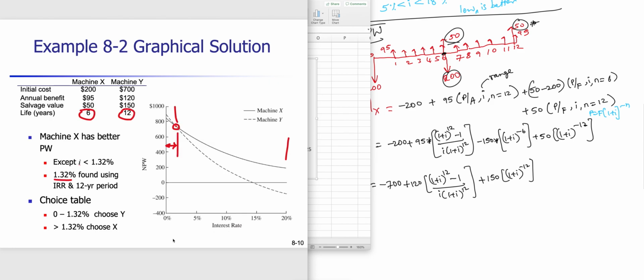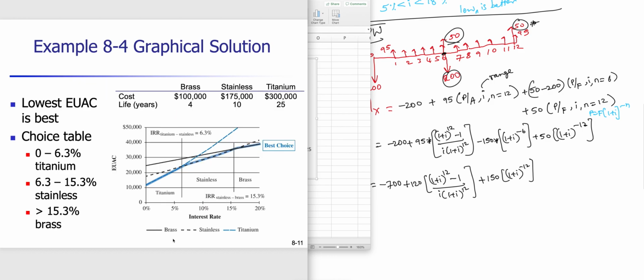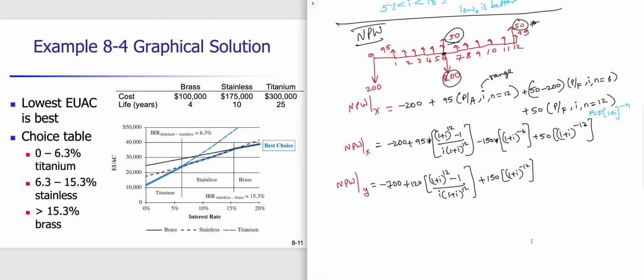So that's this example 8.2. Similarly, when we have three different cases, three alternatives, I'll not solve this because I showed you how to do two different cases using two different examples. This is something that you can do. This is example 8.4 in the